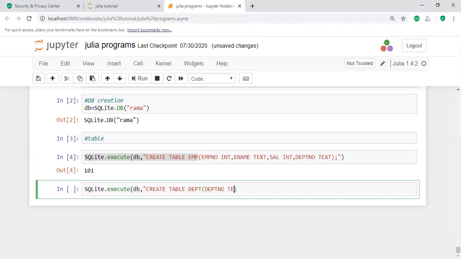The DEPT number here is a text type, and then the department name, also a text type, and then, for example, location, which is also a text type. End with a semicolon, and then closed bracket.